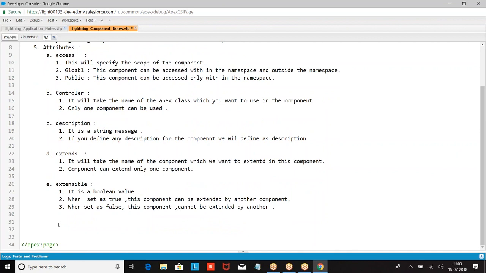Then we got implements. It will take the name of the interface you want to implement. A component can implement multiple interfaces.